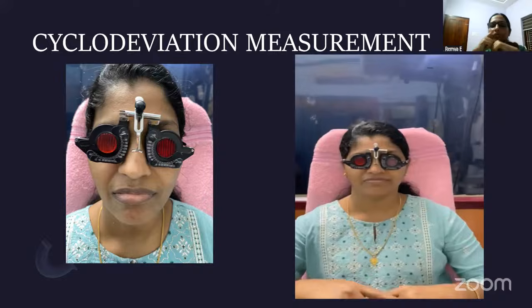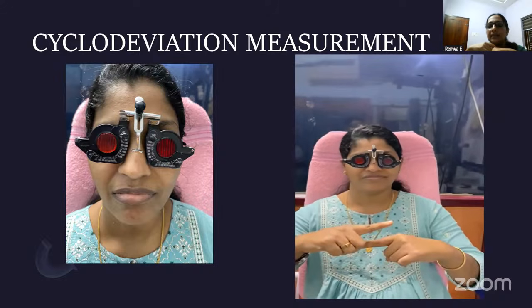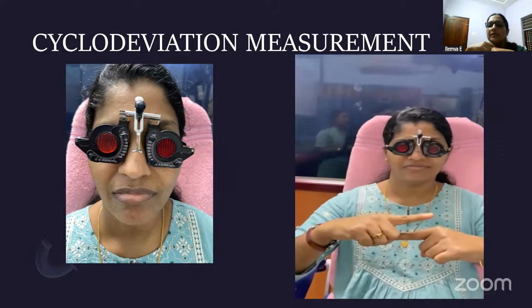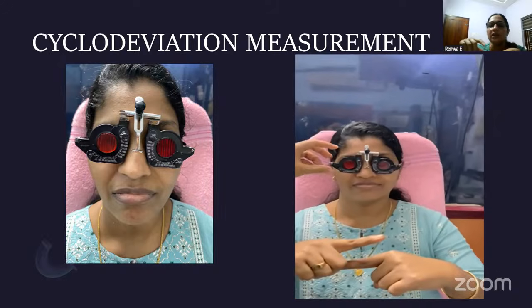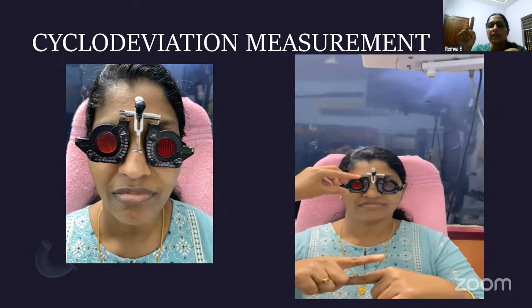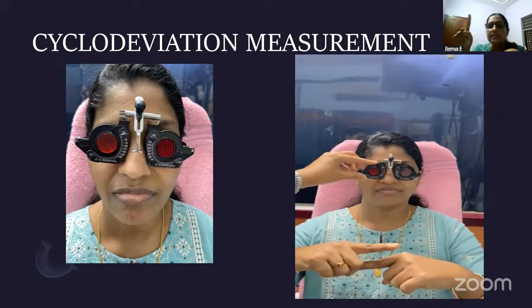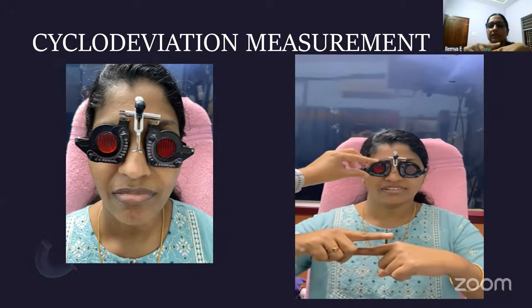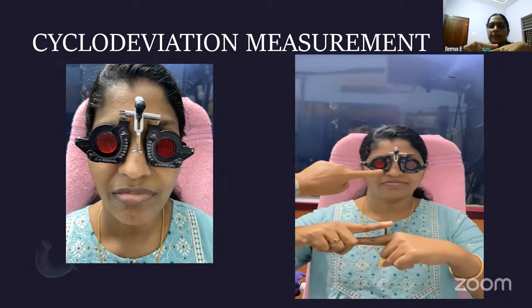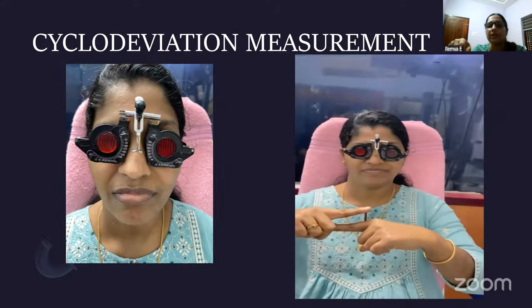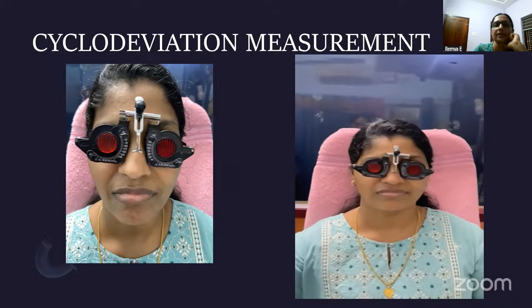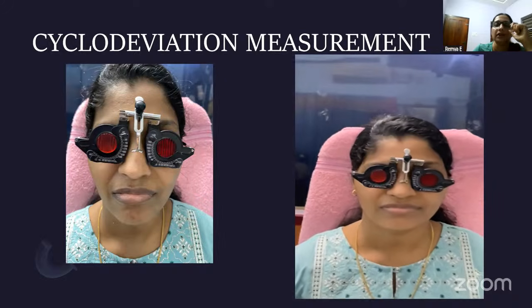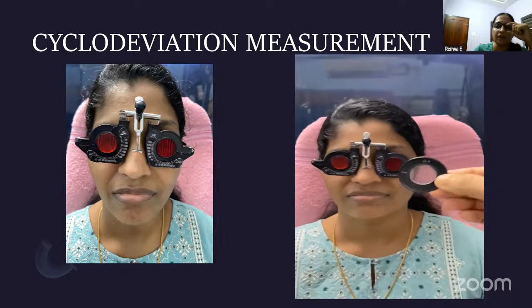Now I'll show you how she is doing it. See, this is like this. Now there is a cyclodeviation. Now I will rotate the Maddox rod until she sees the two lines parallel. That amount of deviation I will measure from the trial frame. This is how you do the cyclodeviation. This is important in a case of superior oblique palsy, bilateral superior oblique palsy following trauma and all. You may need to correct the